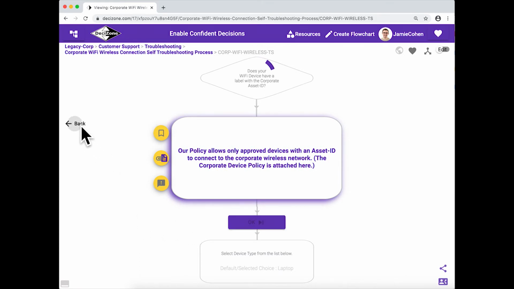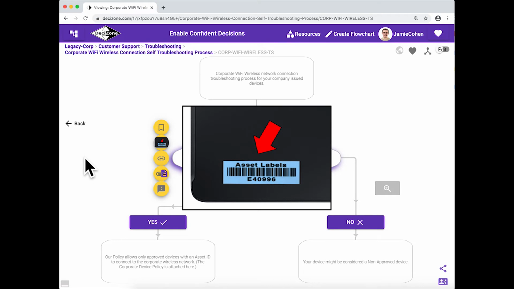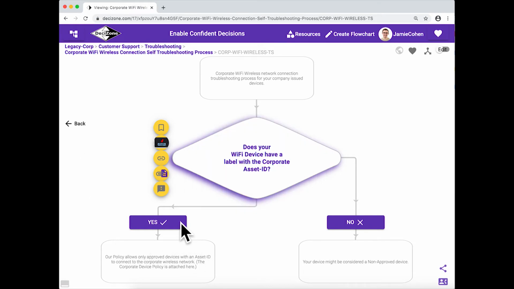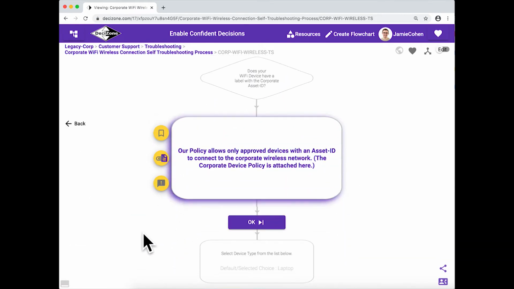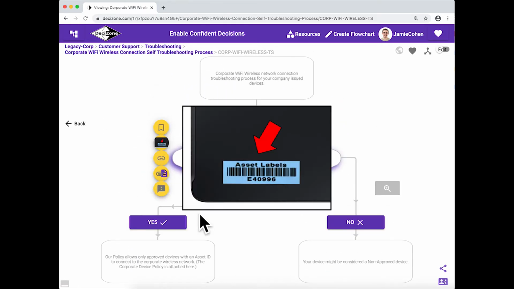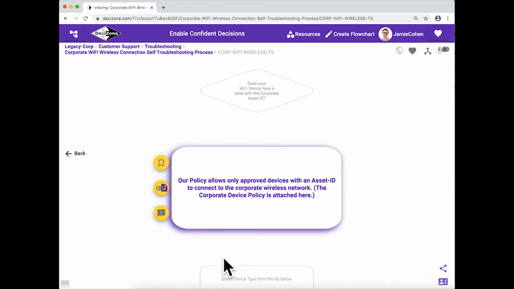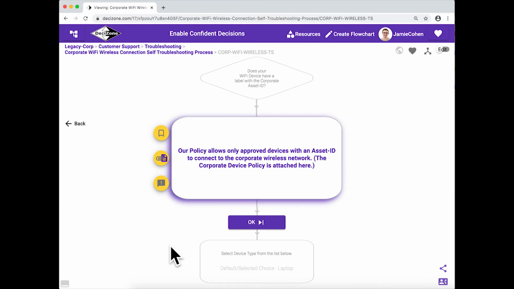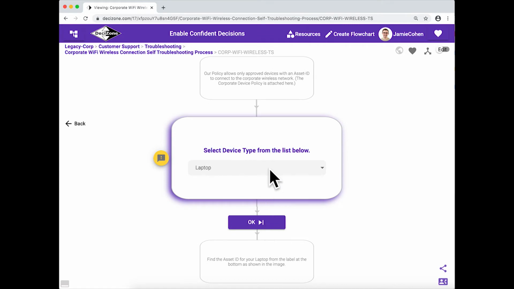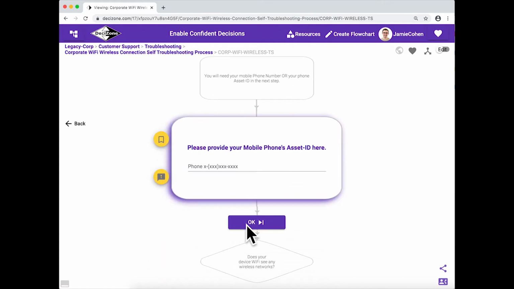To move up or backwards, just click on the back arrow, and to move down or forward, you can click on the answer buttons. You can also click on the boxes themselves in the previous layer or in the next layer to move in the forward and backward directions. You can think of these three layers together as a sliding window moving along the branches of your flowchart.